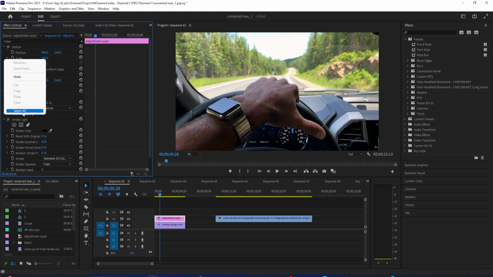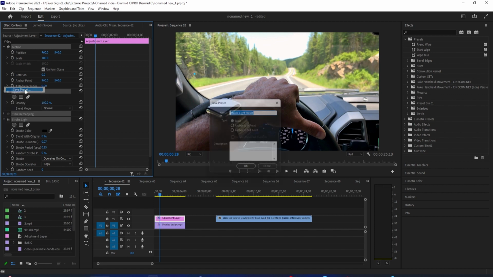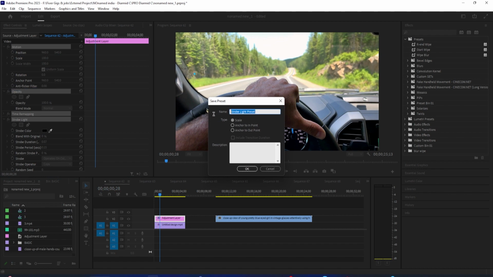Right-click in the Video Effects area and choose the Select All option. Now just right-click in that area again and select Save Preset. I'm going to name mine Creepy Zooming Strobe and then click